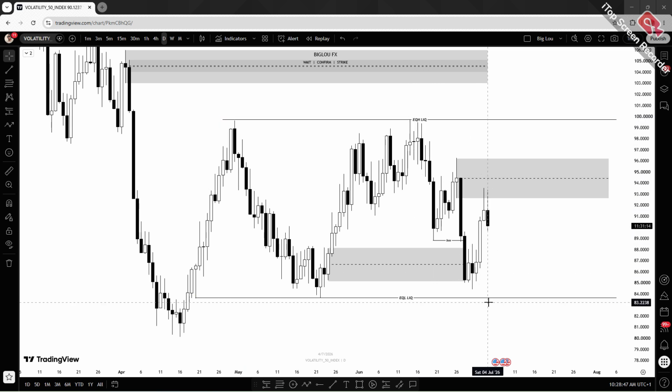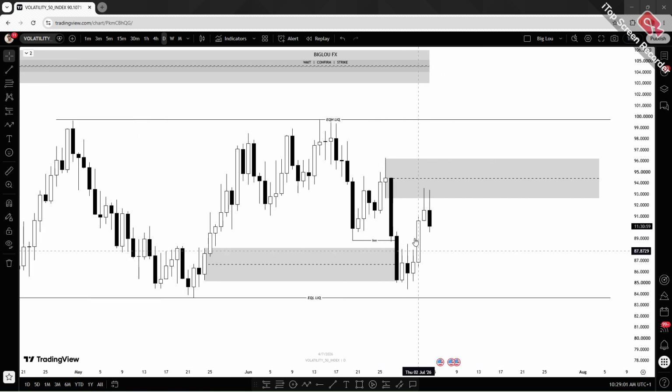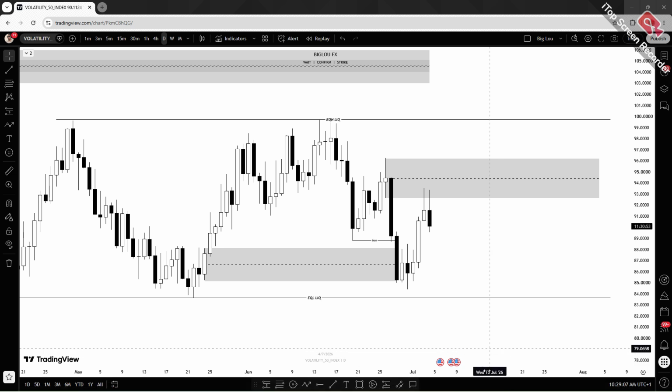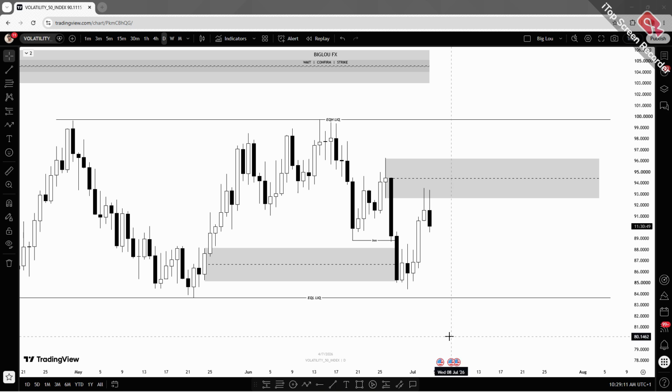We are bearish for now. As an intraday trader, we are bearish. Even though price is stuck in this range, between this high and this low, currently in this range we are bearish because we have broken structure. That makes this zone a valid supply zone on the daily. And if you know anything about valid zones, you will agree with me that